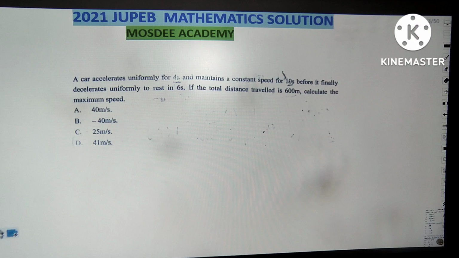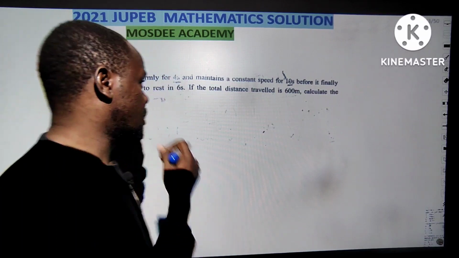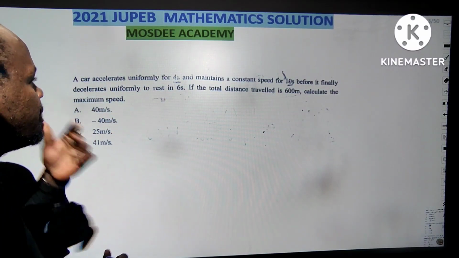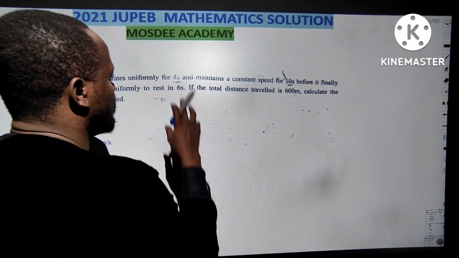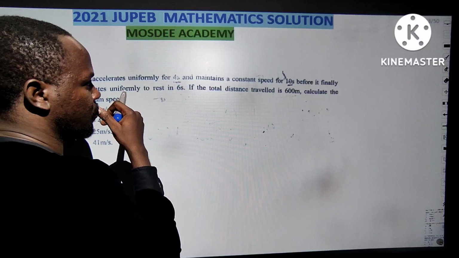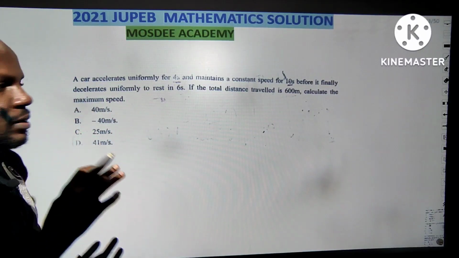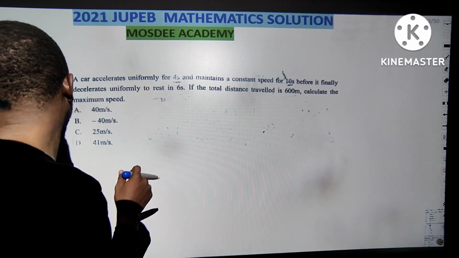You are the one that said so. The car accelerates, I'm supposed to be leaving this. I will leave the physics aspect. I think we still have the statistical aspect, which is 004. Now, this one says a car accelerates uniformly for 4 seconds, at a constant speed for 10 seconds before it finally decelerates uniformly to rest in 6 seconds. Find the total